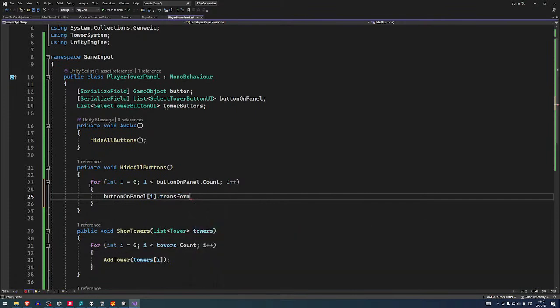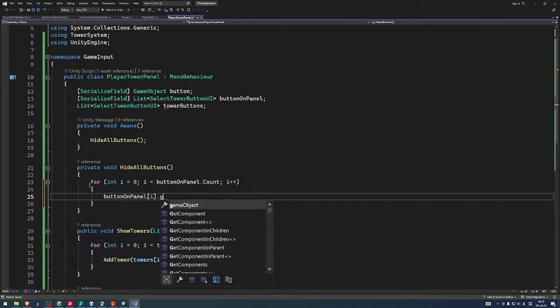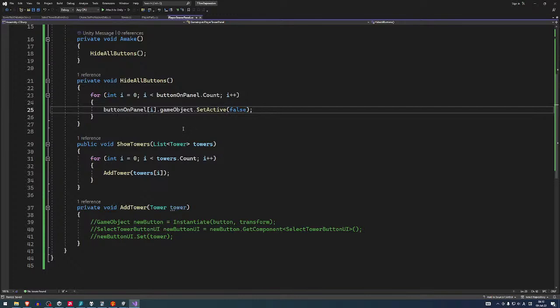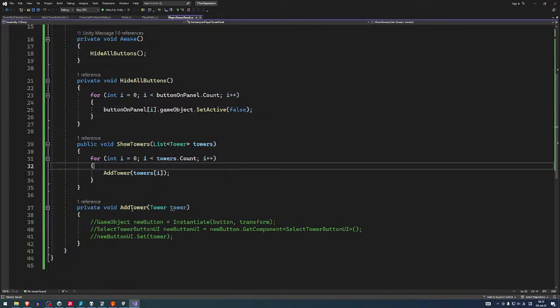Transform. Can I just directly say game object? Yes. Set active false. That will hide all the buttons. It's okay. And this will allow us to